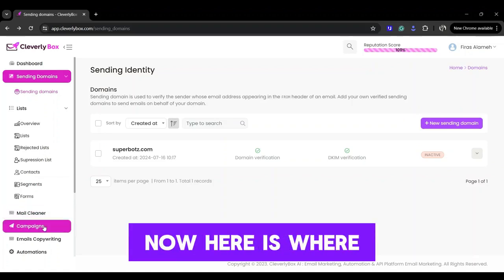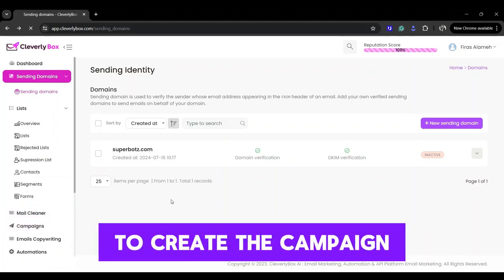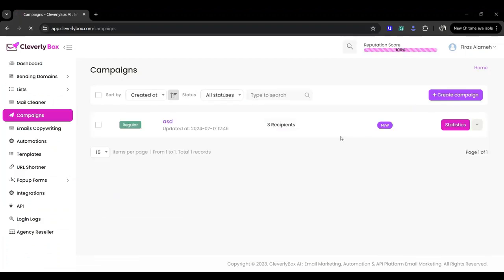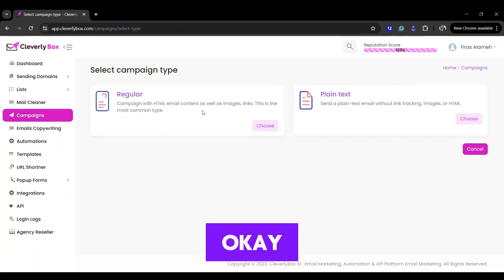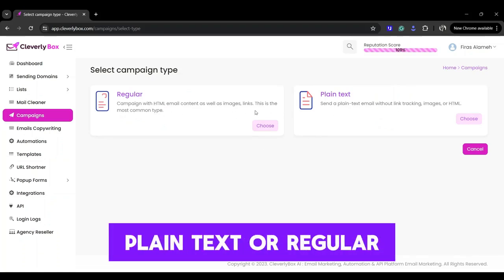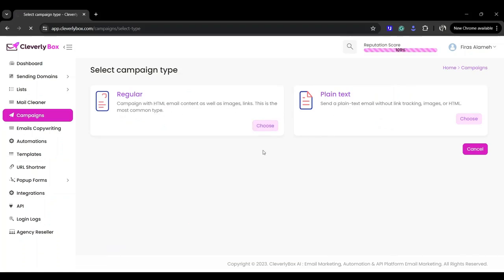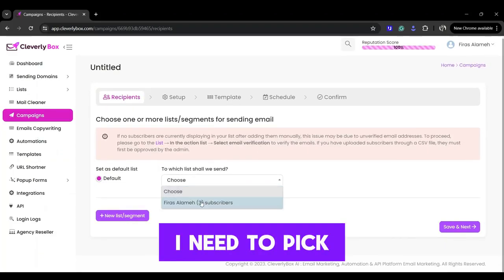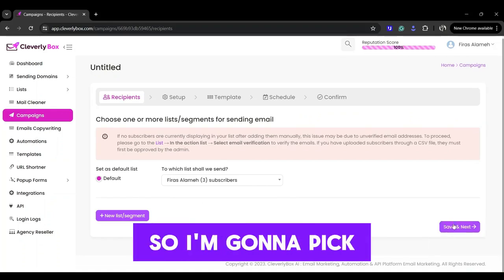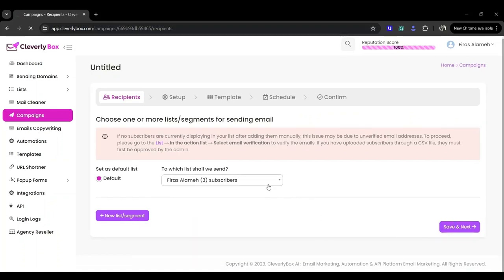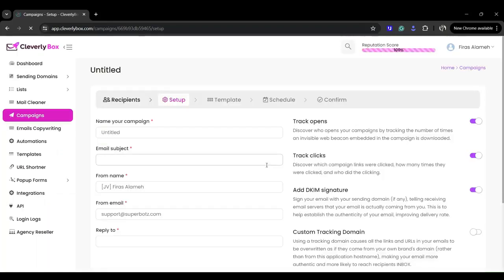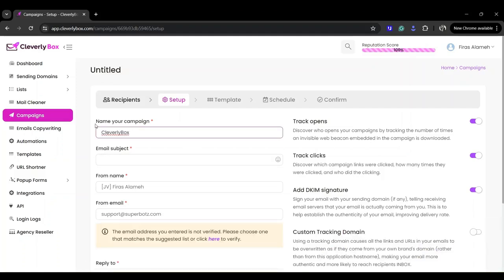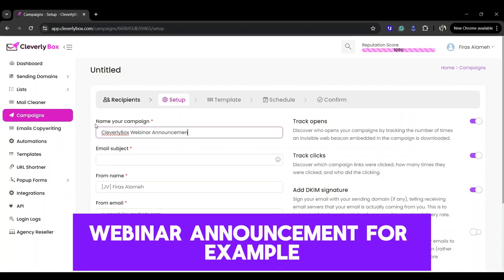Now, here is where you create your campaigns, and it's very easy to create a campaign. All you do is create a new campaign right from here. Okay, now you can choose if you want a plain text or a regular. I'm going to go with regular. Okay, as you can see, I need to pick the list I want to send to. So I'm going to pick the list. And thereafter, I'm going to name the campaign. So say this campaign is CleverlyBox Webinar Announcement, for example,